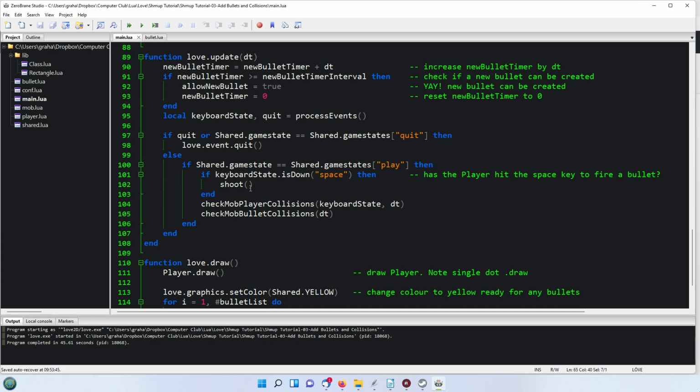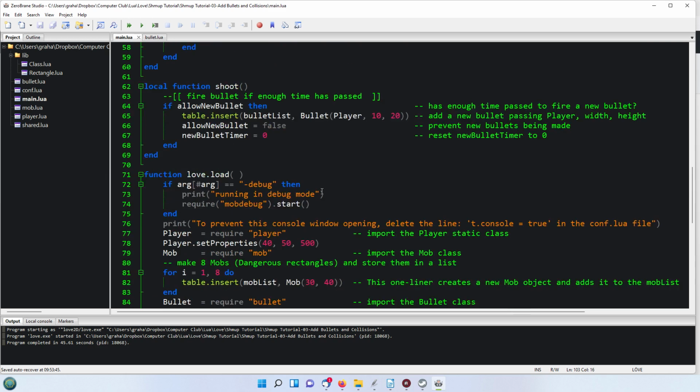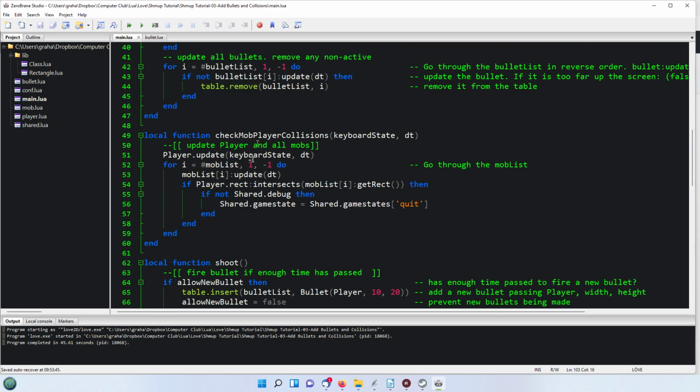Now we need to check a couple of things. Is the bullet going to hit one of the mobs? That's where we would check that here. And is the player going to be hit by any of the mobs here? We did start on this in the last video, but it's now been expanded to take account of the collisions between them. So if we go back up to the check mob player collisions here, we update the player as before, and then